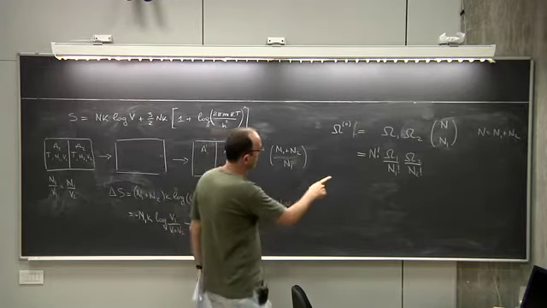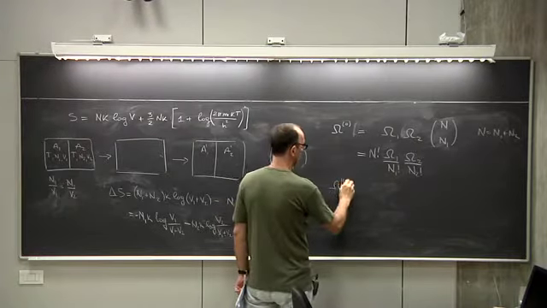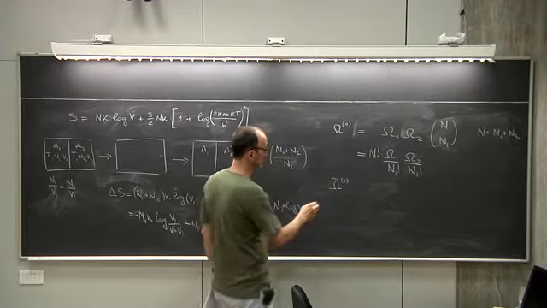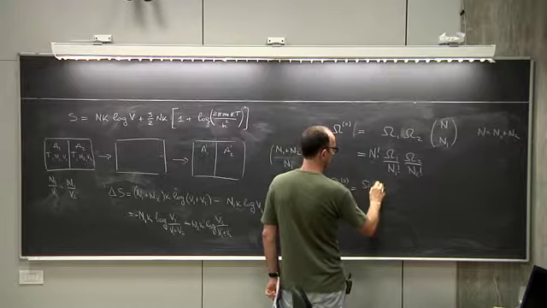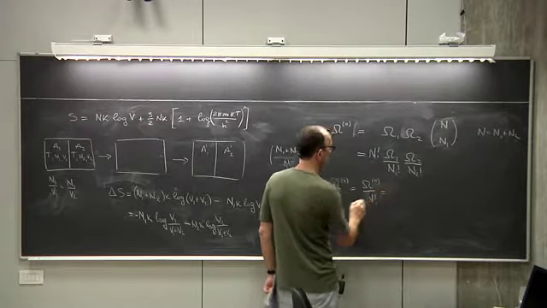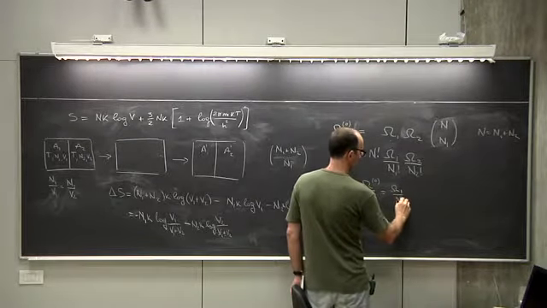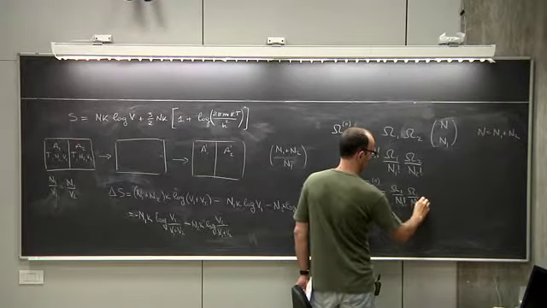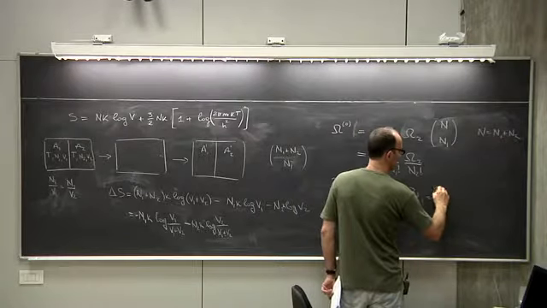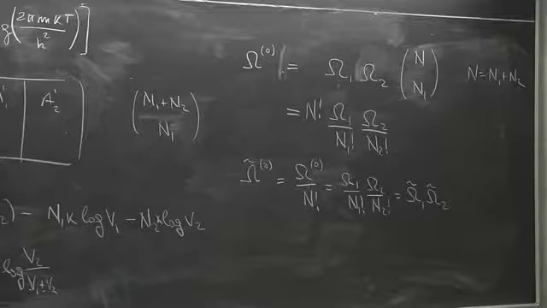And now you see that if I define my number of microstates of the total system as this one divided by n factorial, then this has the nice property that it will be proportional to omega 1 divided by n1 factorial times omega 2 divided by n2 factorial. So it will be proportional to the same way of counting the states of the microstate for system 1 and system 2. Okay?